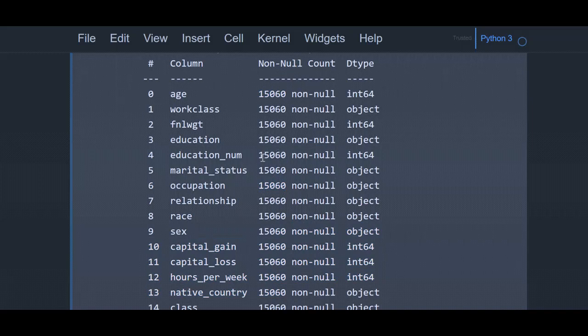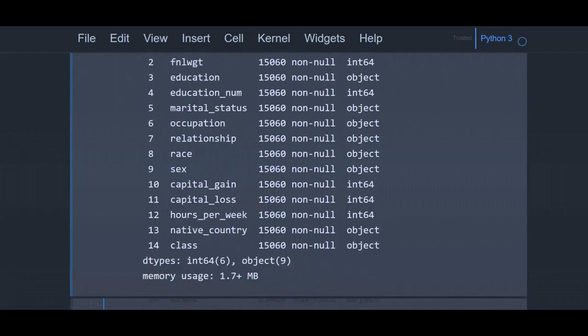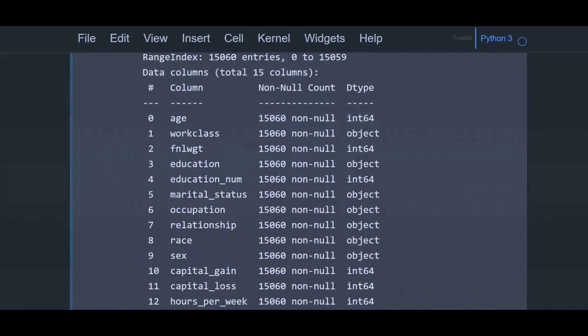But sometimes you can see for some of the columns the number of non-null values will be less. For example, if it is 15,000 displayed over here, that means there are 60 null values in that data frame. Or you can say 60 missing values are there in that data frame. But here none of the columns are having any missing values.